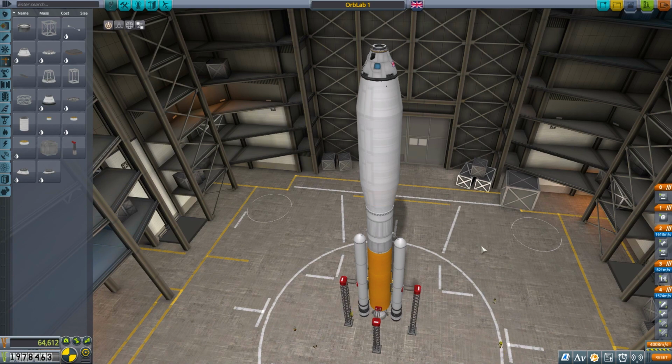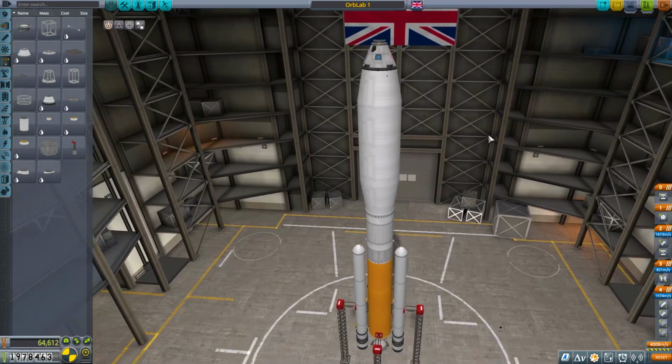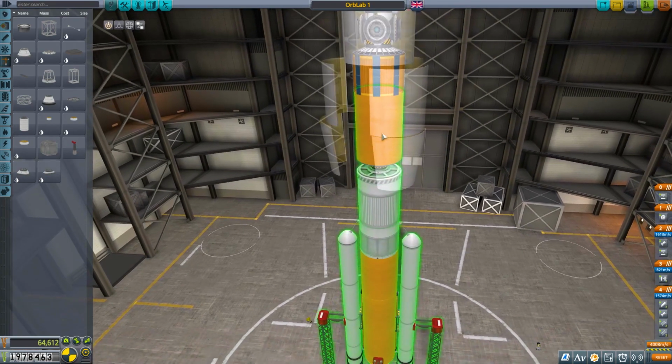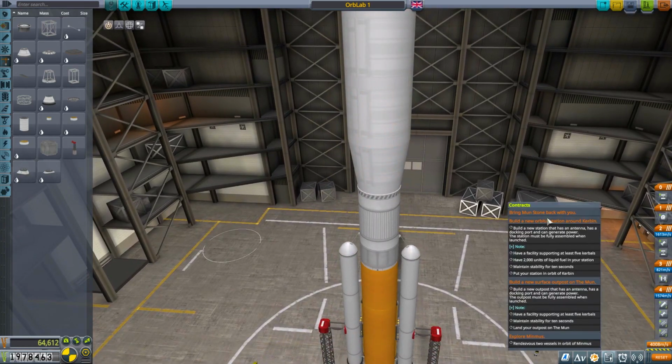So I have put together this craft, Orb Lab 1. Not a very original name, I know. And quite simply, we're looking at the ability to hold 5 Kerbals, 3 here, 2 there, bit of science equipment, and this big tank. Why am I sending up a big odd tank like this? That's because we have a mission, and that mission is...